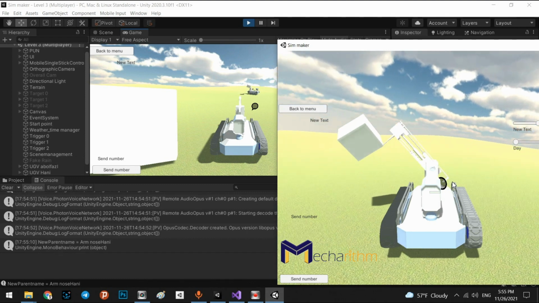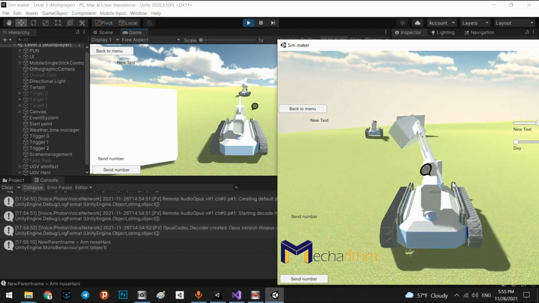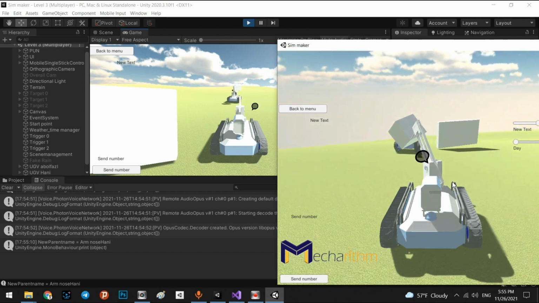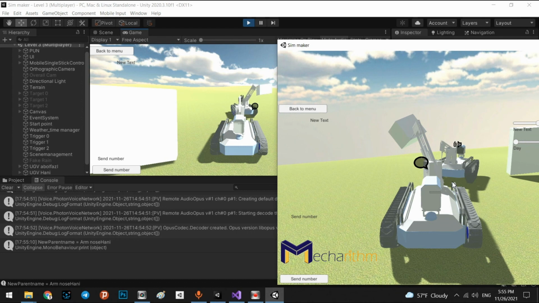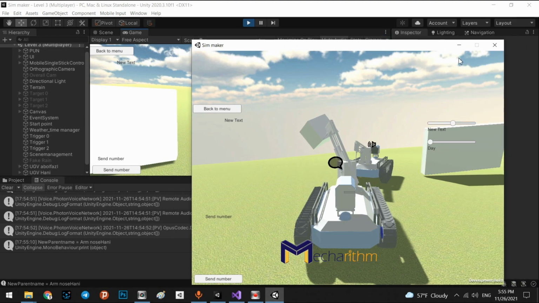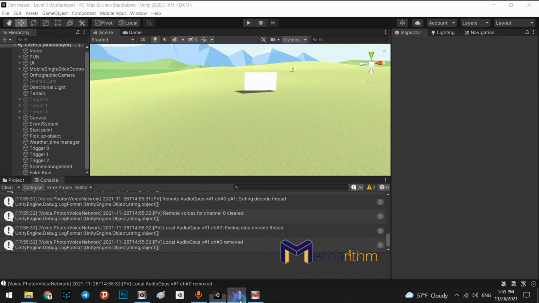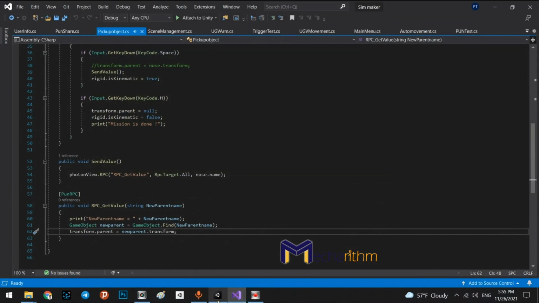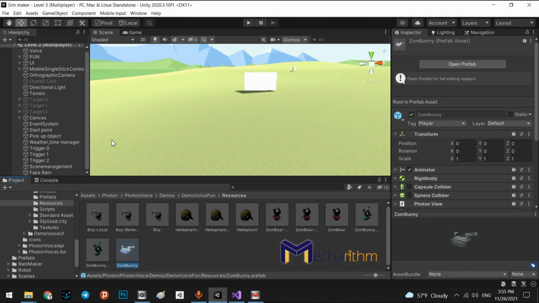Perfect. It works well. Perfect. As a final step of our mission, we can add a 3D text to our UGV